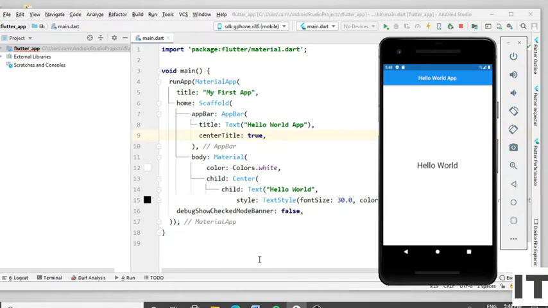You can see I only use a text widget and the code is growing. If you create an application like WhatsApp or Paytm, then you have to create many screens. Then how to manage the code? Let's use some concepts of Dart and try to place the code somewhere else by creating a separate class for that.